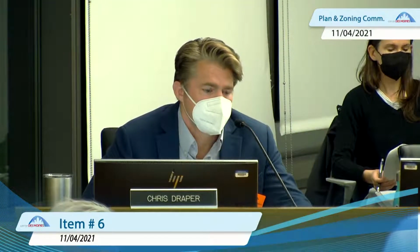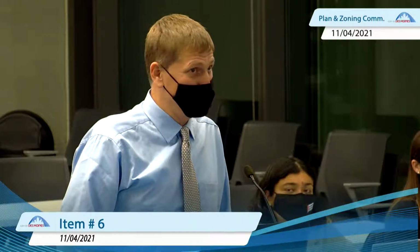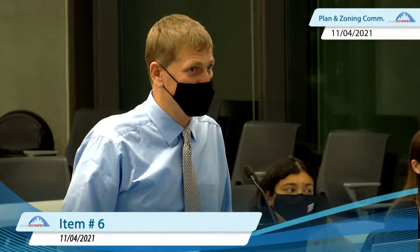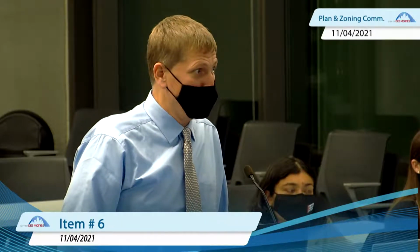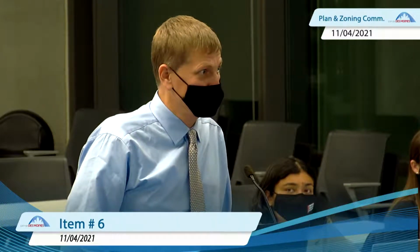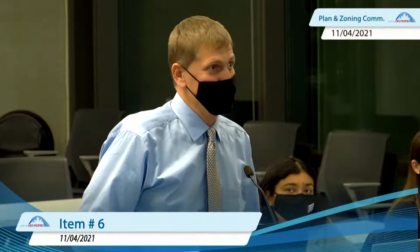Does staff feel that this use is within the Plan DSM and within the Douglas plan? So this is something that you feel we're approving because this fits in what we've been presented on first? By limiting it to 3 vehicles, we feel it does. Initially they had wanted 6 stalls for a vehicle display, and we felt that was too intense. But we felt that allowing them to have 3 stalls for vehicle display was more reasonable and less of an